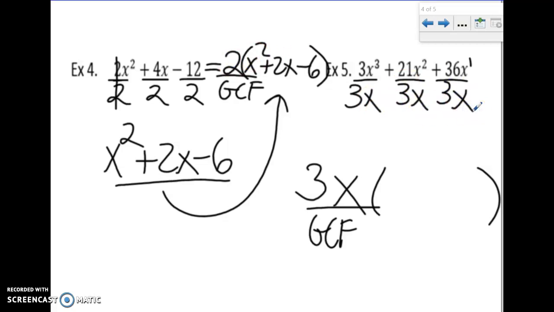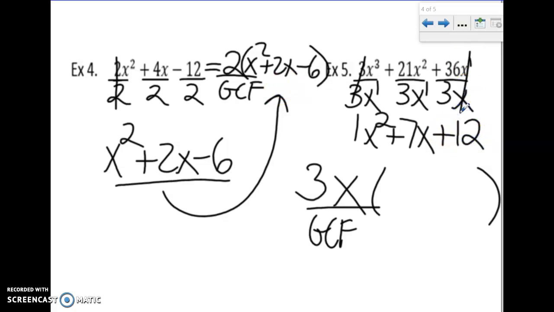So let's divide by 3x and just use simple division rules for 3 divided by 3 as 1. And remember to subtract exponents when we are dividing the bases. So 3 in the top with 1 in the bottom leaves us with 2. And 21 divided by 3 would be 7. 2 in the top and 1 in the bottom would just be 1x. 36 divided by 3, how about just 12? X over x, you're out of here. You would cancel out. Now, this is not an equivalent expression until we put it in parentheses next to the term that we took out of all 3 pieces. And voila, an equivalent